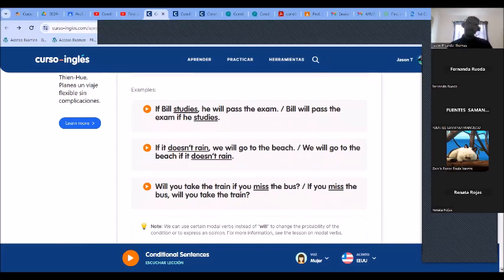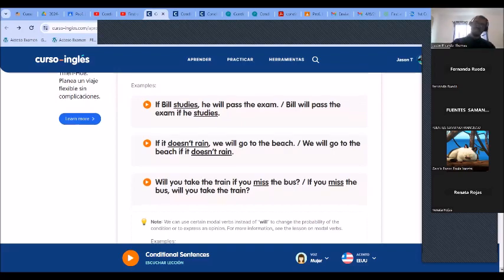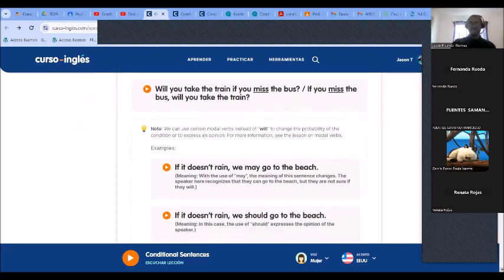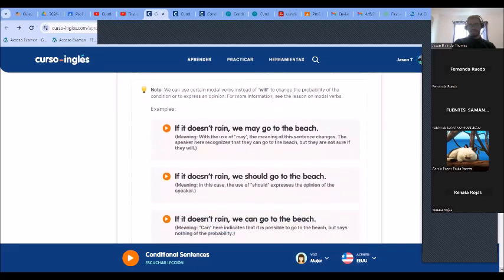Good. Now we know will is a modal, and we saw it when we were practicing modal that is generally used for possibilities. Now it's also the future, and that's why we call the first conditional the future possibility conditional. Now, if your sentences have different degrees of possibility or probability, you can change your modal. All right. So you will still use if